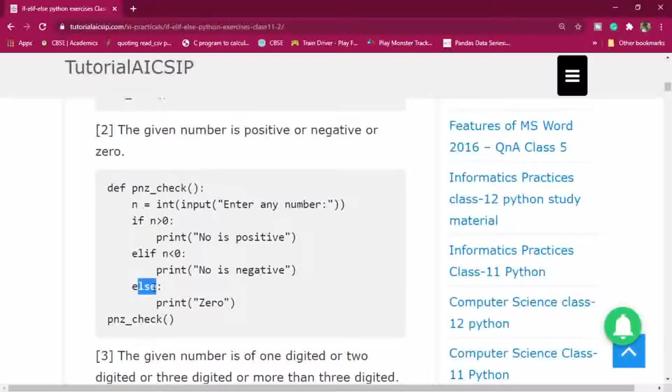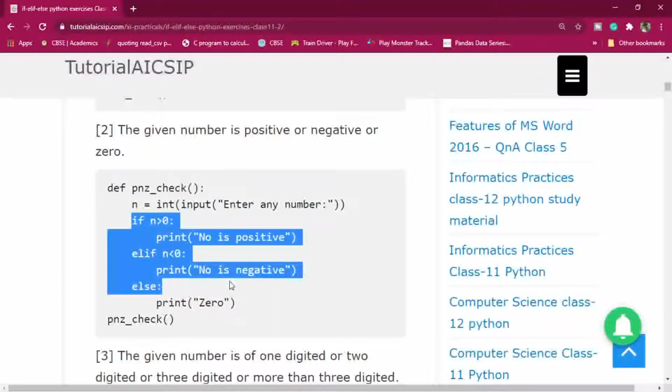Whenever you have such a program, you have to think about how it can be performed, or what the possibilities in that program are that you have to check, and you can write the code accordingly. So if or else will be used accordingly.